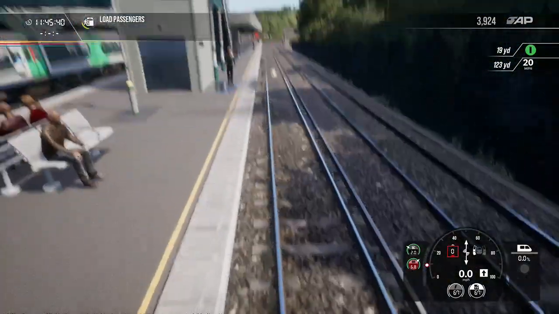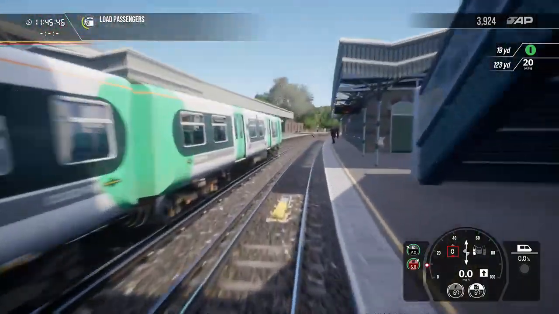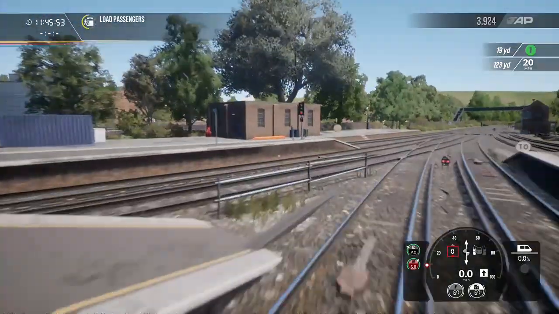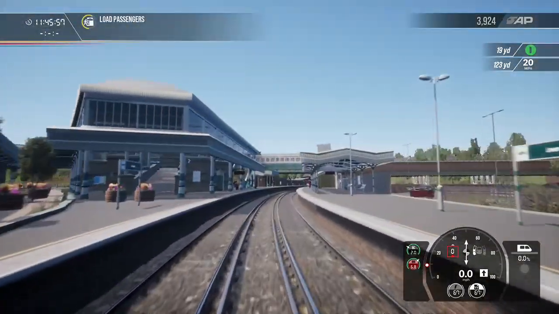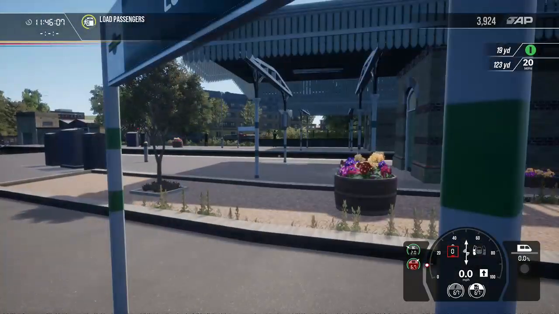So yeah, this here is where the services terminate from Brighton. This will be your line where services go towards Brighton. The line we're on is services that go to Eastbourne and Seaford. And then over here, you've got these platforms which go towards London Victoria and all that way. But I believe...